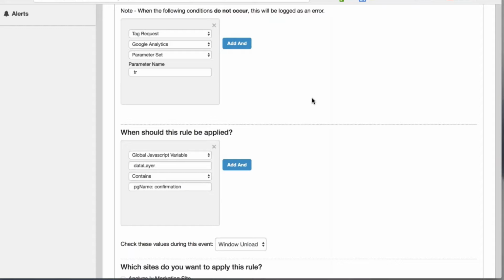I should be having a push to my data layer on page load, whenever the page name equals confirmation. That is what's going to trigger my transaction event to fire. Now, there are obviously different scenarios in which you could set this up, and there could be different conditions for that scenario. But if you mirror that scenario and that trigger or firing rule within your validation here in Tag Inspector,